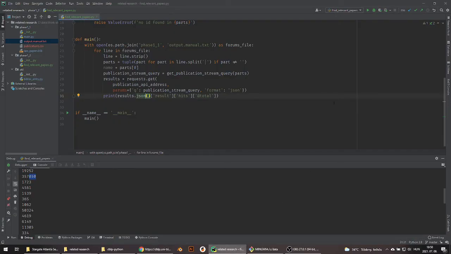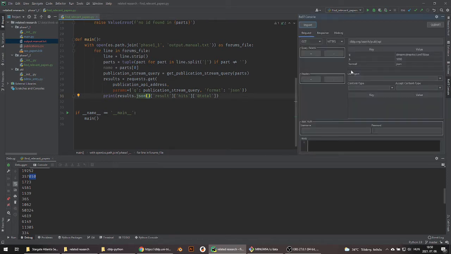So if I go back to my editor and to this REST console, you can see that I just imported this URL. I just copy pasted it here. And as you can see, you have to specify the stream colon streams slash the ID of the conference. And after that, you are able to retrieve the data. So if I submit this,